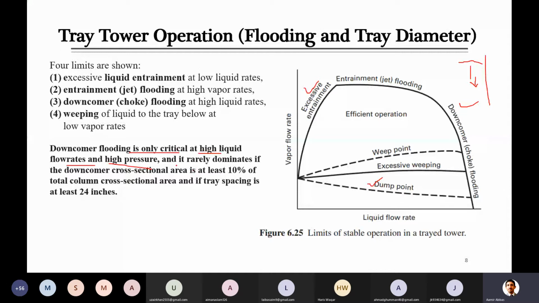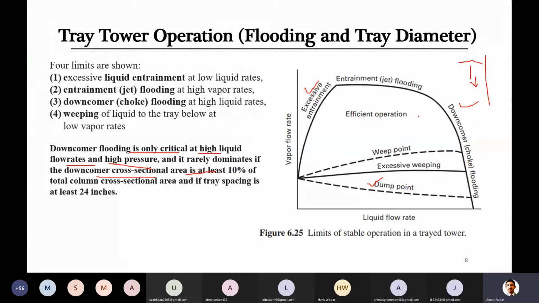So all this can actually be avoided if you keep the pressure inside the column as per design, so that the vapor doesn't carry much of the liquid to the top. But there will always be some carryover of the liquid, which we will discuss. Before that, this can be avoided, even with a large amount of liquid.